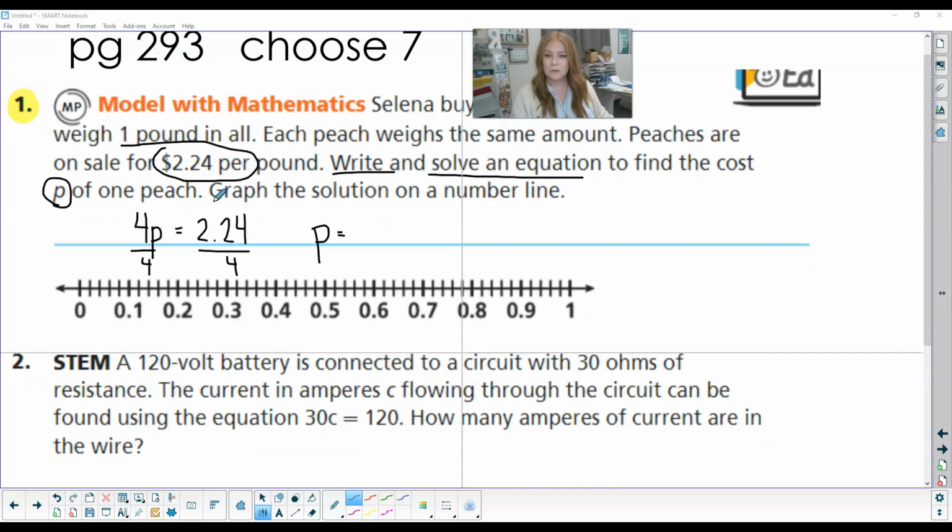Okay? And then we need to graph that. So whatever one peach is, we need to find that on here and graph it. So I can see here's 1.1. So this is like 10 right here. And there's not 10 to get from 0 to 10 hundredths. There's 1, 2, 3, 4, 5. 10 divided by 5 is 2. So this first one is